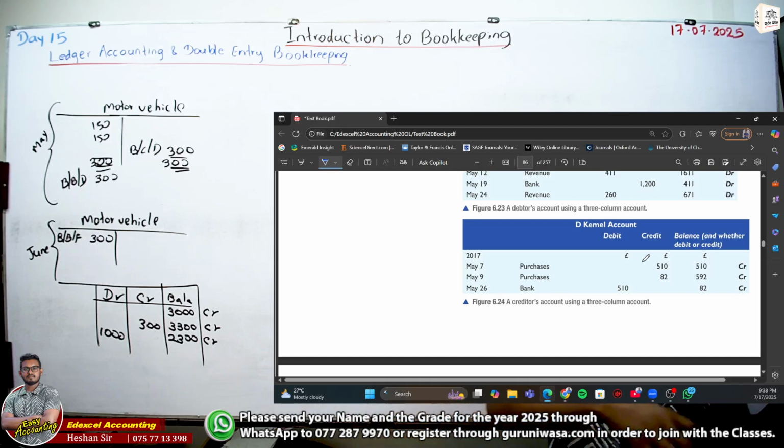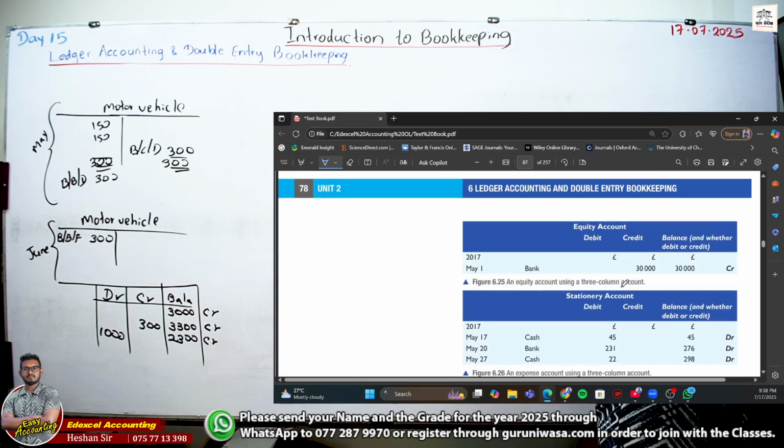Three column format, you can see credit balance. In here, credit means adding, debit means